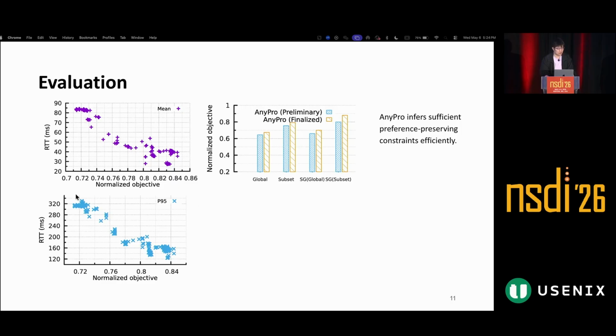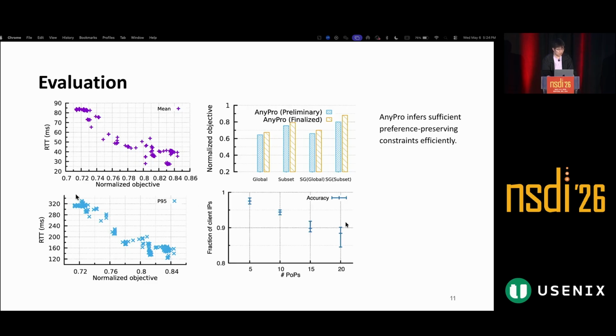In this set, we choose Southeast Asia as a subset, and we find that no matter what the scale is, AnyPro can improve the normalized objective, but the fewer the POPs are, the better the performance would be, because the unwanted contradictions would be fewer. But in all these cases, the normalized objective is more than 80%, which is a significant improvement over the previous methods.